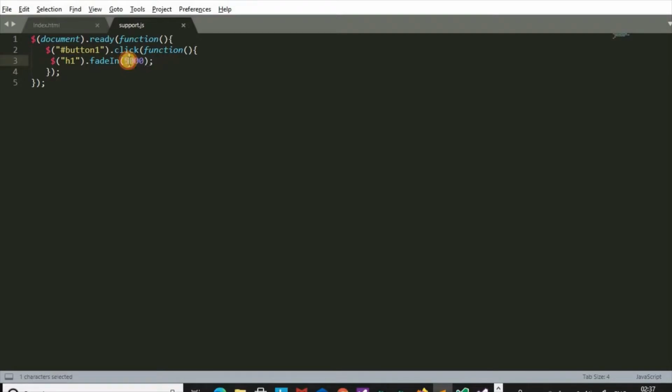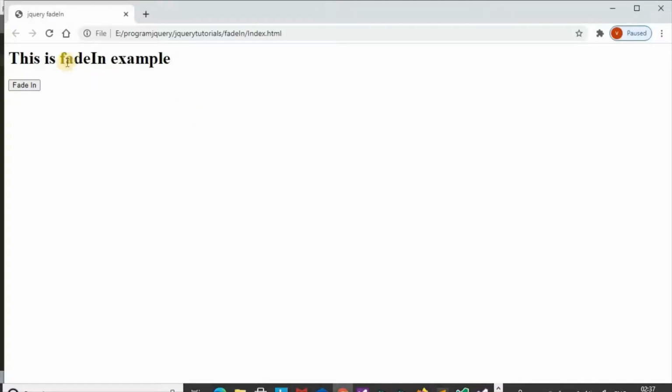Also we can give timing according to our requirement. Now the fadeIn effect takes 10 seconds, which is very slow.